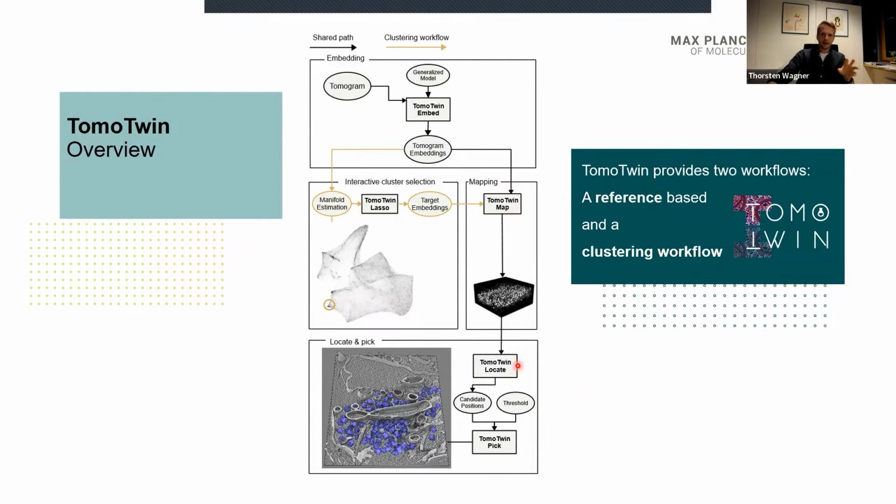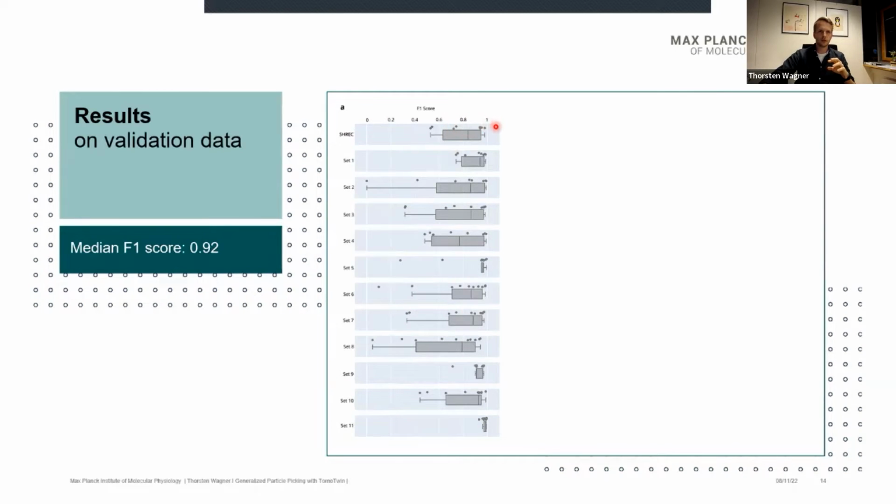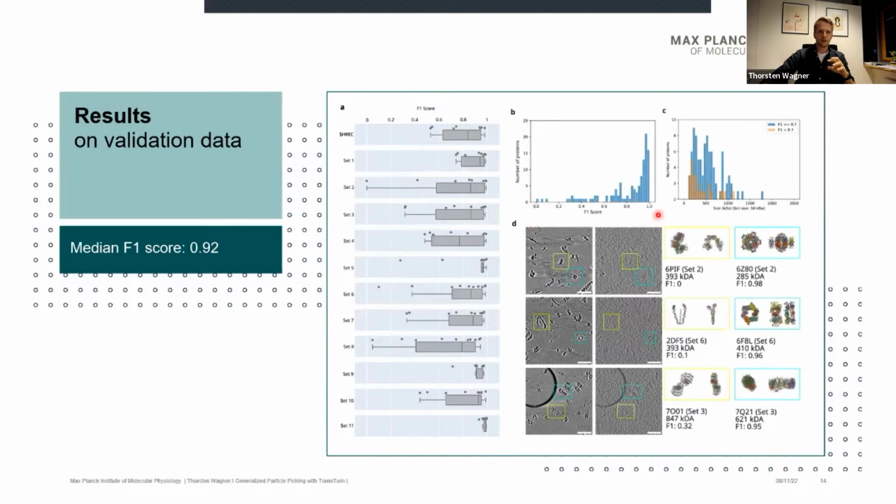I think now we look at some results for the reference-based workflow if we apply it on our validation data. So first of all, we get a pretty high median F1 score of 0.92, but you also see some outliers here. But most of them are located at, let's say, high F1 scores above 0.7. This you can also see in the general distribution here. Here are the F1 scores, and these are the number of proteins, and you can see many of them are in this regime where I would say these are high F1 scores. But still, we have those outliers.